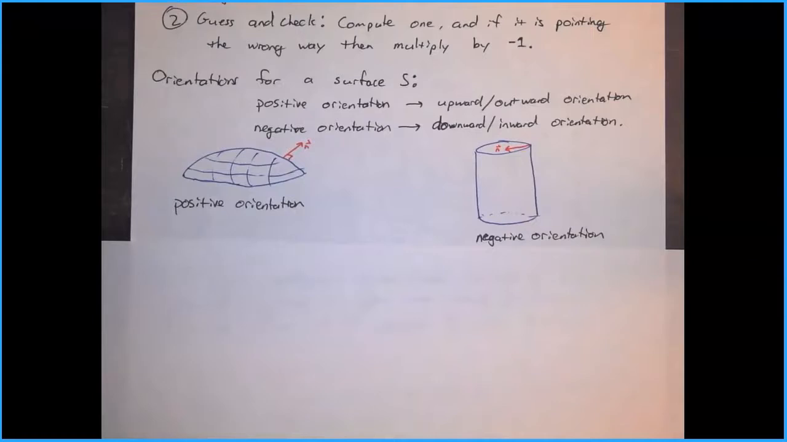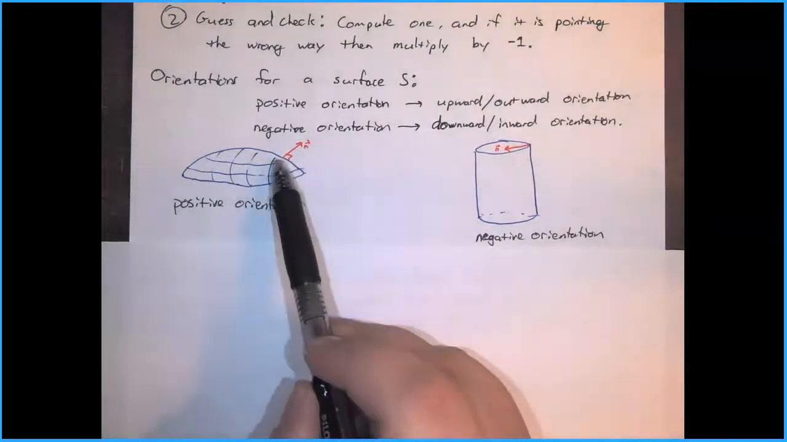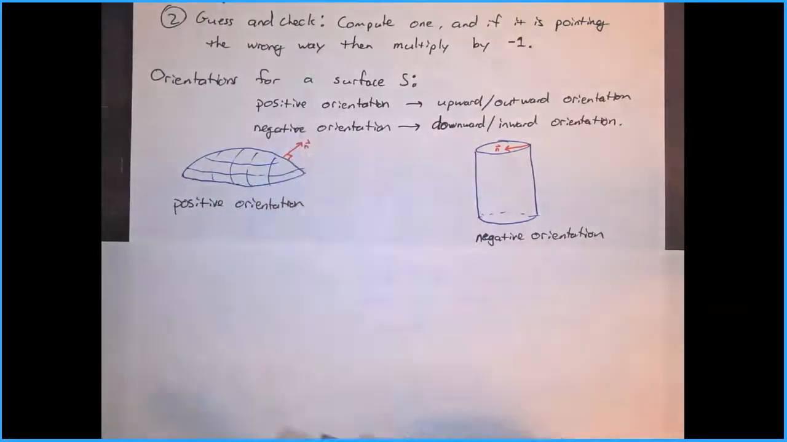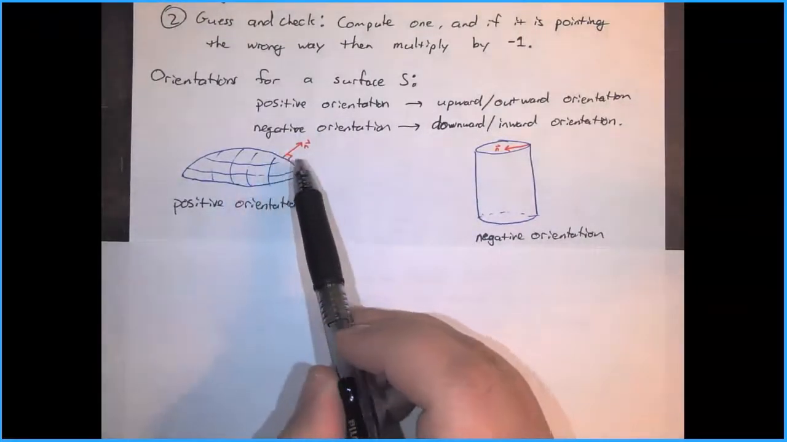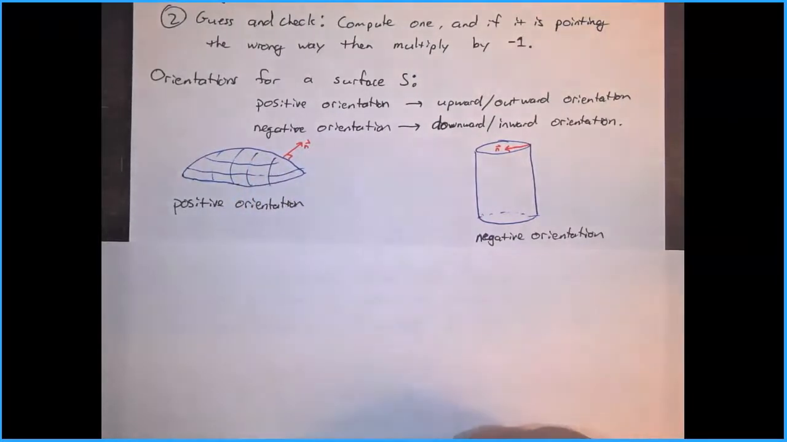So a positive orientation means our normal is pointing upward, or it's pointing outward from the surface. And a negative orientation means the normal is pointing downward or inward. And it depends on what kind of surface you have. So here we just have some kind of shell, and this normal is pointing upward. That's a positive orientation. If this normal was pointing downward, so kind of inside this shell, that would be a